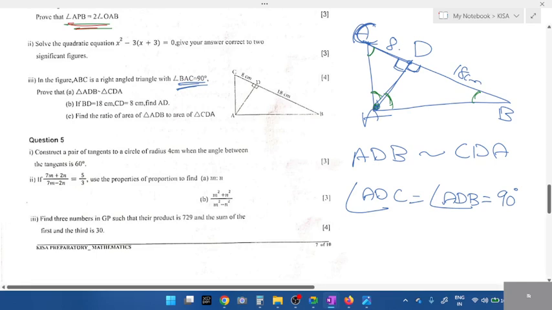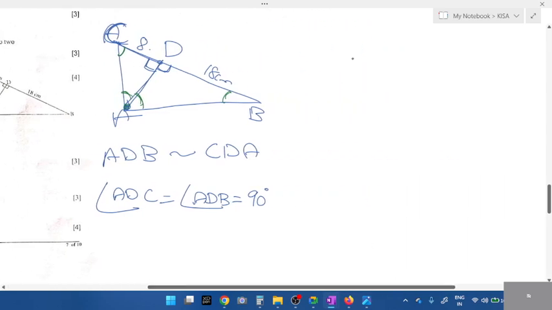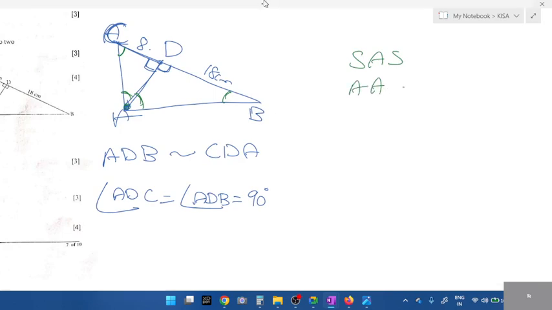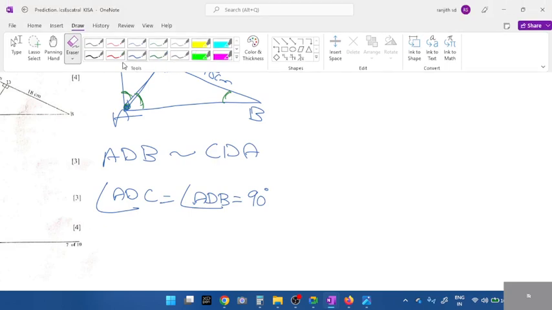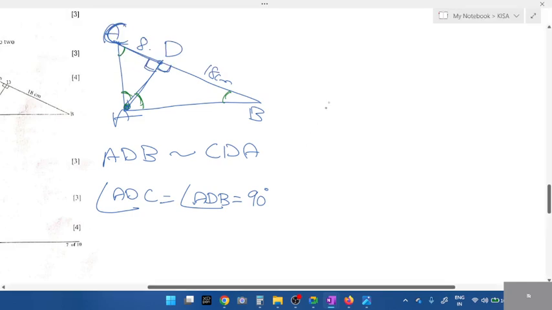And we have one side common and the other side is not given. Which side is common? AD is common to both. One angle is common. Is any other angle given, students? No, no other angle is given. We have only one angle. One angle is given. What about side? Which side is common? AD is common to both. So you can write AD is equal to AD. Then in right angle,